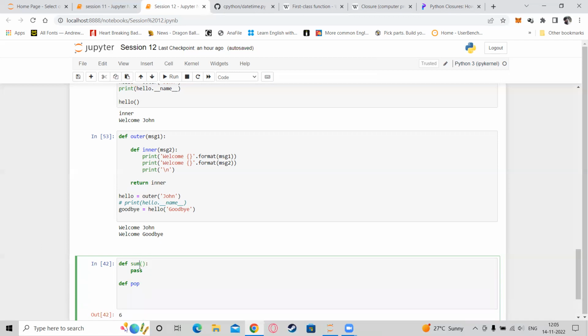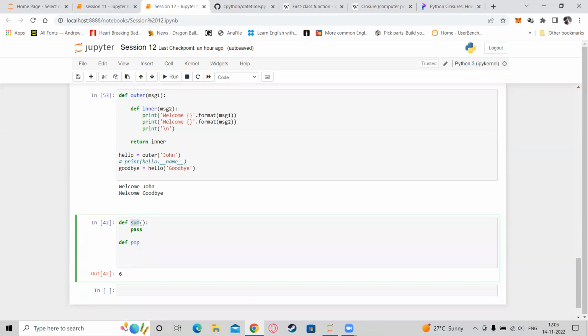So as you can see, the green color means sum is a built-in function. So better we should not modify this one since the name. Okay, there is another function,